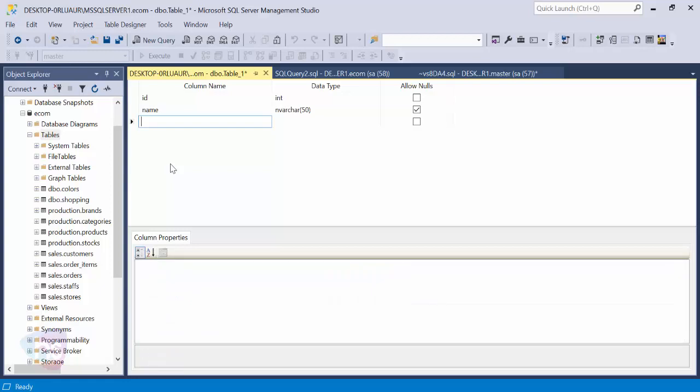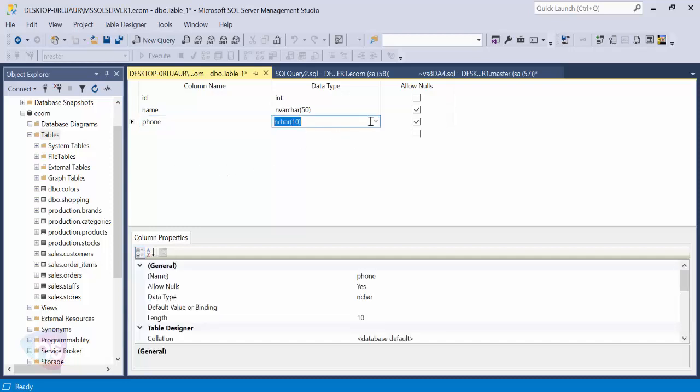Now the third column I'm choosing is the phone number, that is the telephone number I'm going to save here. For this, I can take varchar or numeric, as you wish. For numeric, it takes the input as zero, so I'm choosing varchar for this also.